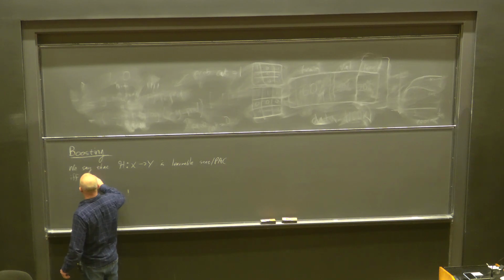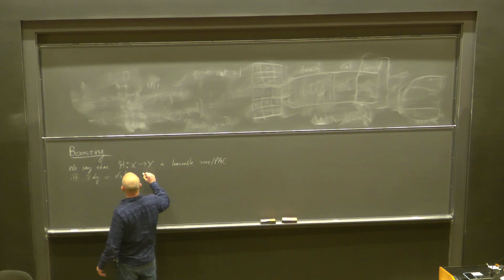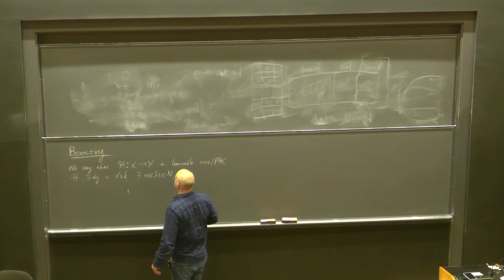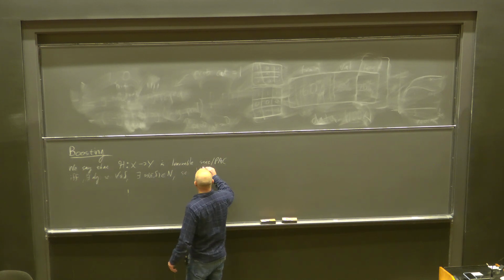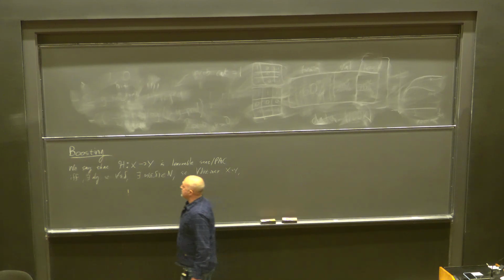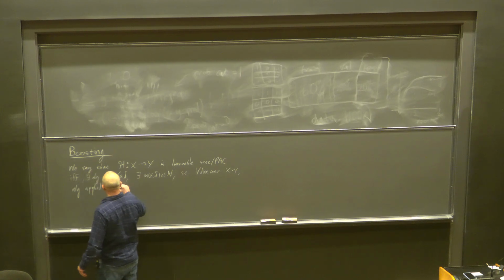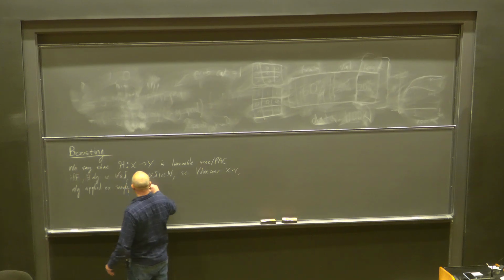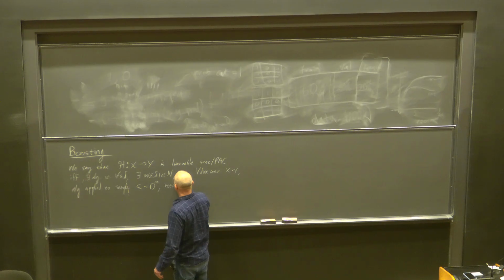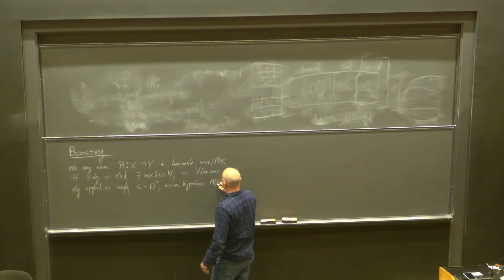There exists an algorithm such that for every epsilon and delta, there exists a number m that depends on epsilon and delta, such that for every distribution over X times Y, the algorithm applied to a sample S from D to the m returns a hypothesis, which we denote by A of S, from X to Y,